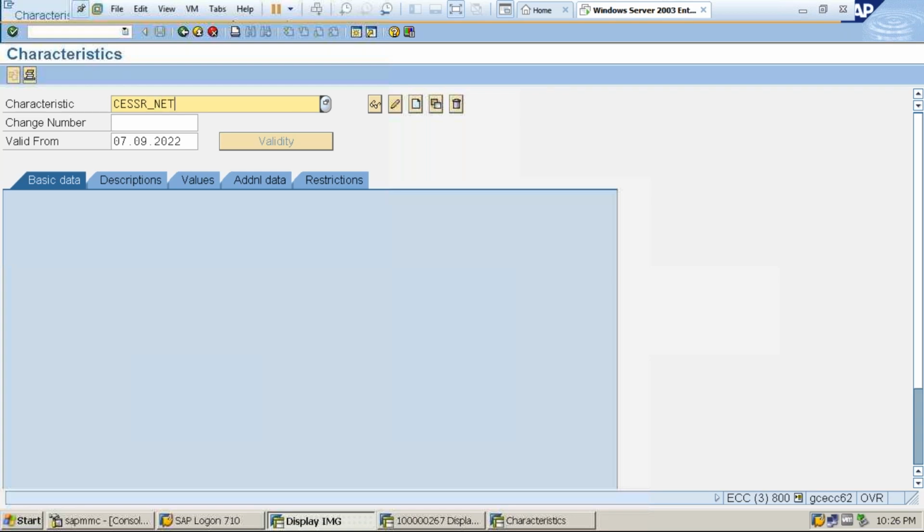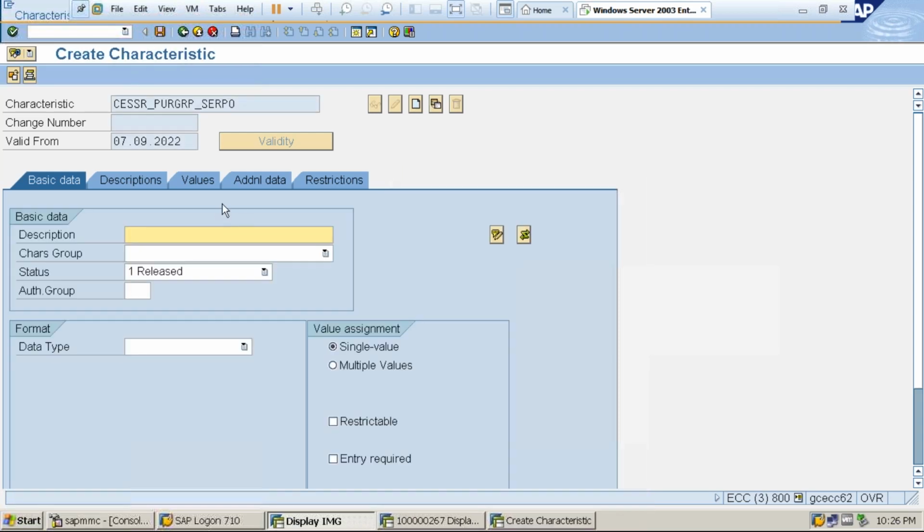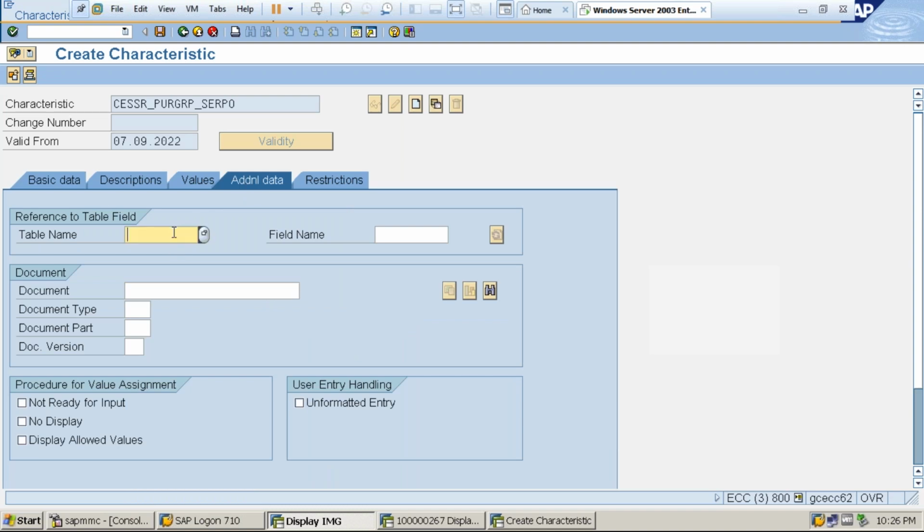underscore net order value, or with the purchase group also I can take, purchase group underscore service PO. I'm trying to create the characteristic first. I'll go to the additional data tab and we'll select the communication structure as CESSR for service PO, right? For the service entry sheet. And the field name is obviously like